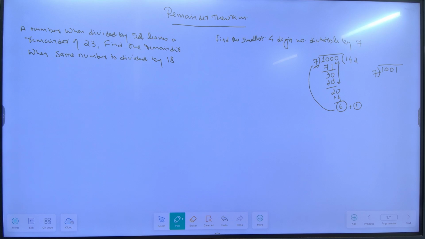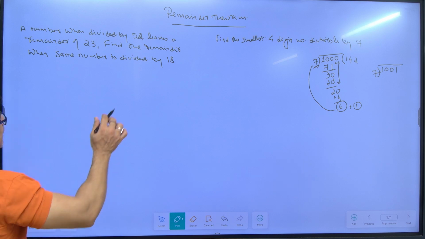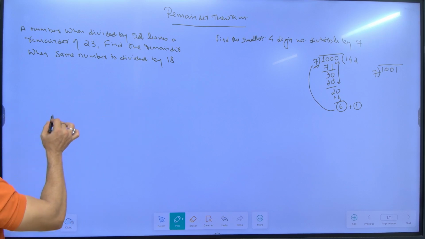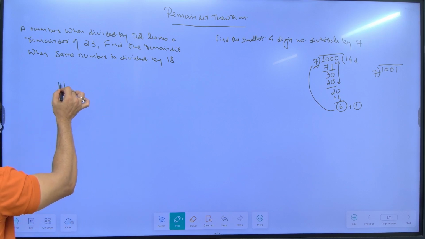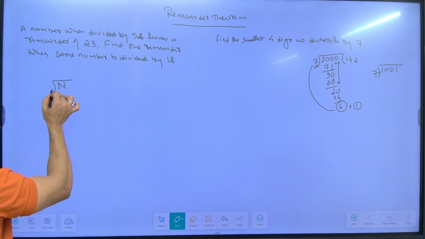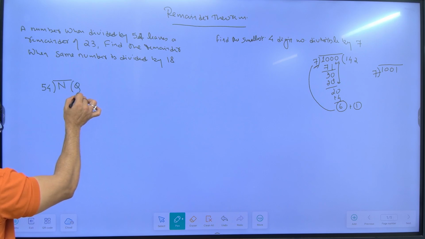Now understand certain things from such type of question. Given that there is a number which you divide by 54, it gives you a remainder of 23. But when you divide the same number with 18, then what will be the remainder? So we know that there is a number n. It is divided by what in first case? 54. Leave some quotient q and remainder as